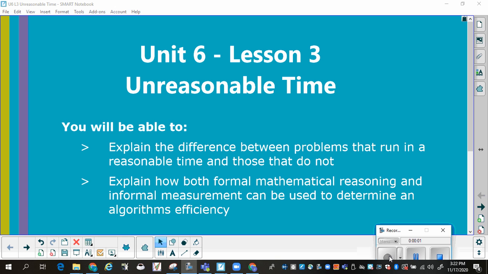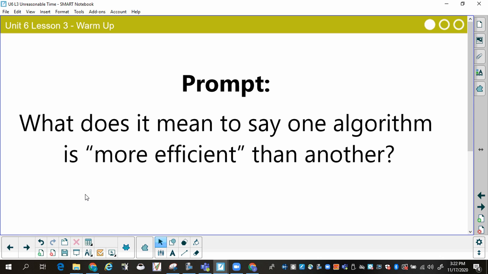Lesson 3, Unreasonable Time. By the conclusion of this, you will be able to explain the difference between problems that run in a reasonable amount of time and those that do not. You should be able to explain how both formal mathematical reasoning and informal measurement can be used to determine an algorithm's efficiency. There is a thing called Big O, order of operation, or order of magnitude, sorry, that